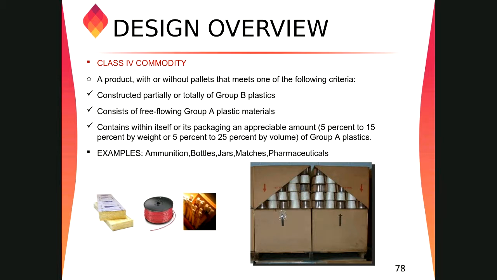Example of class 4 commodities will be furniture or bedding, housing materials, plastic and rubber, powder and peels, textile manufacturing materials, and so on. I think you guys have to read the NFPA. I will recommend you guys to study NFPA 13, chapter 5, which is for occupancy classification, and try to read the handbook, the one I said to you, because in the handbook you will get lots of information.